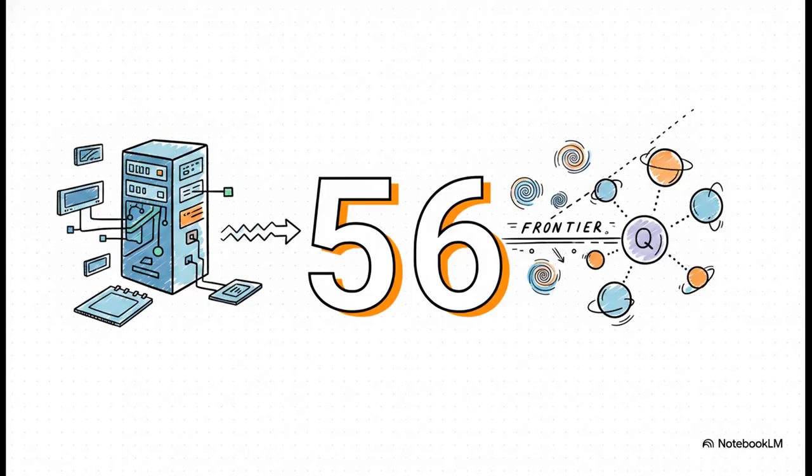Check out this specific number, 56. Right now, 56 qubits is basically the absolute ceiling of what we can simulate classically. IBM currently holds the record for using a traditional supercomputer to successfully simulate a quantum system of this size. So, 56 qubits is the frontier. If you build a high-quality quantum computer with more than 56 qubits, classical computers simply cannot simulate it anymore. You've officially crossed into a territory where the quantum machine is doing something no classical computer ever could.